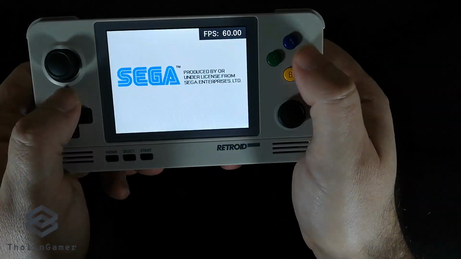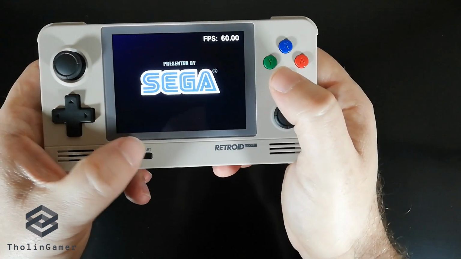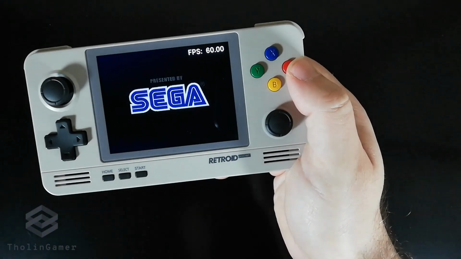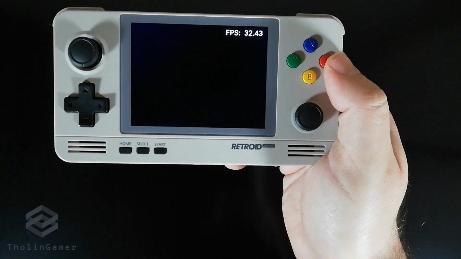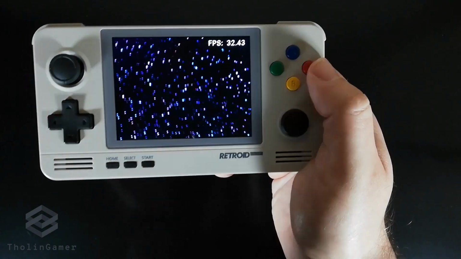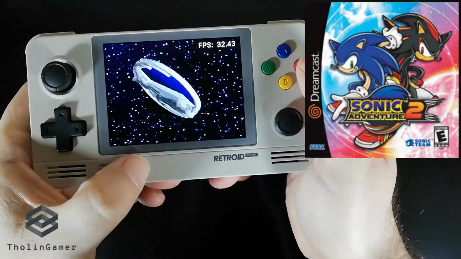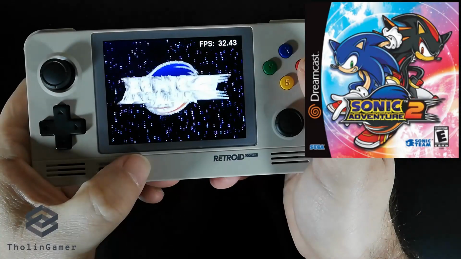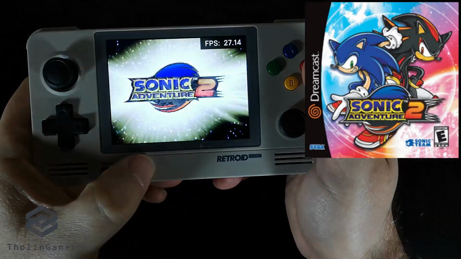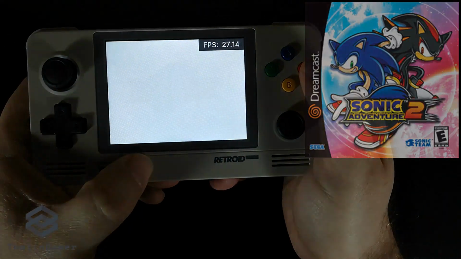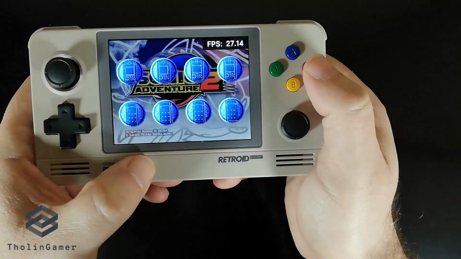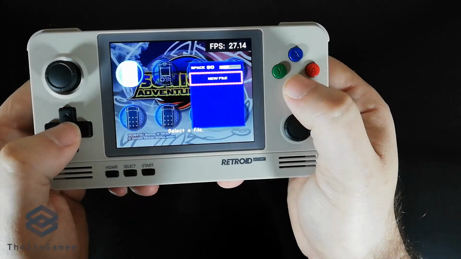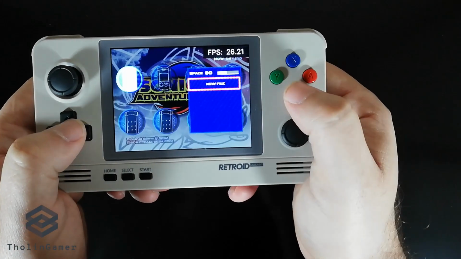For our 7th game, we have the Sega mascot. There is no Sega console complete without a Sonic game. So this time we are going to check Sonic Adventure 2, the second game in the series that came out for the Dreamcast, and it's part of the Sonic series, the amazing hedgehog, the icon of Sega that follows every console release of the company.